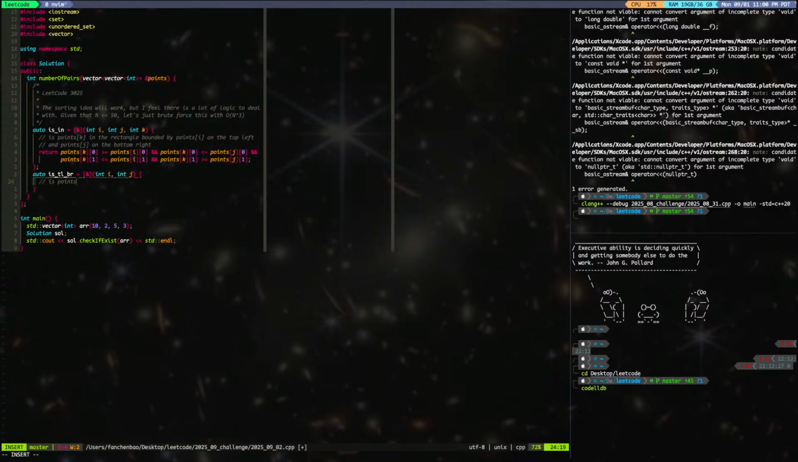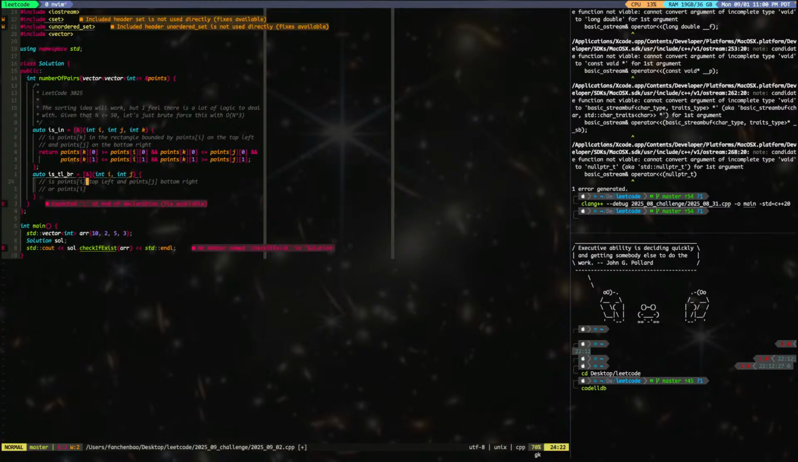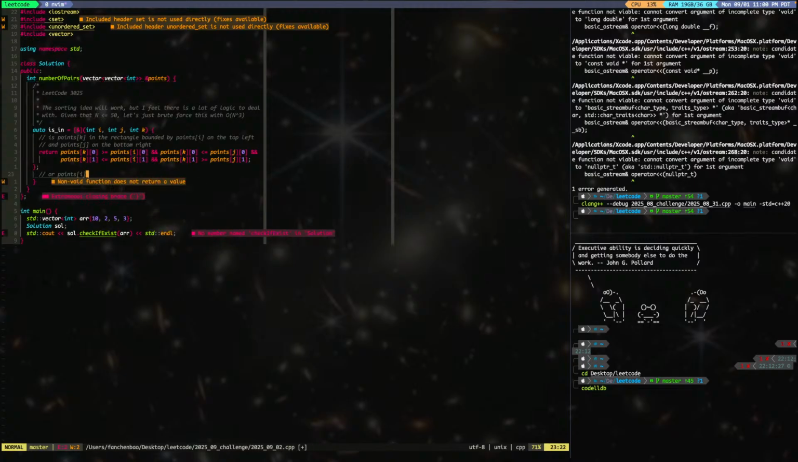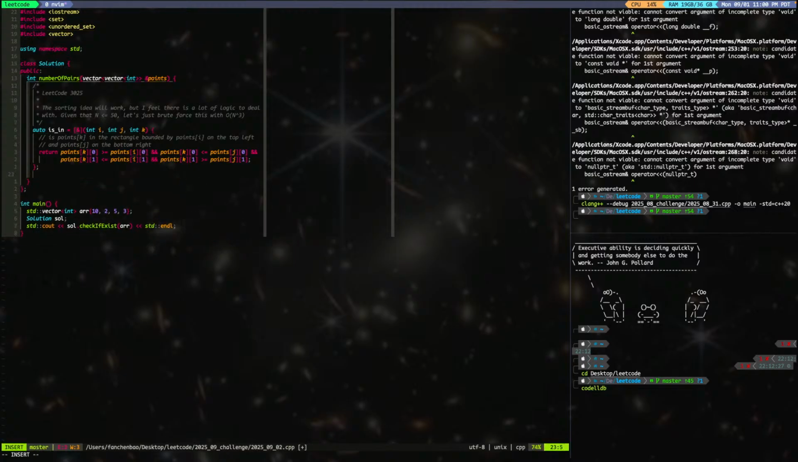Is points I top left and points J bottom right, or points I... we can sort. I think we should still sort. Once we sort based on X, at least we know